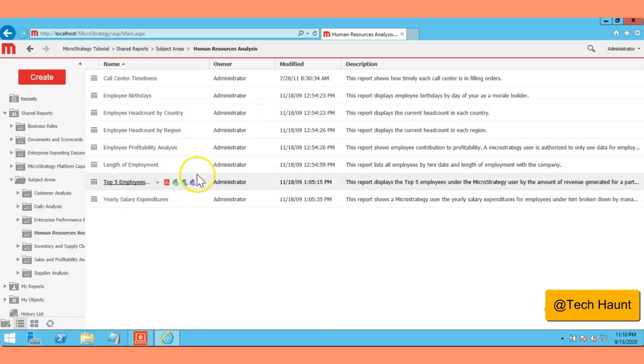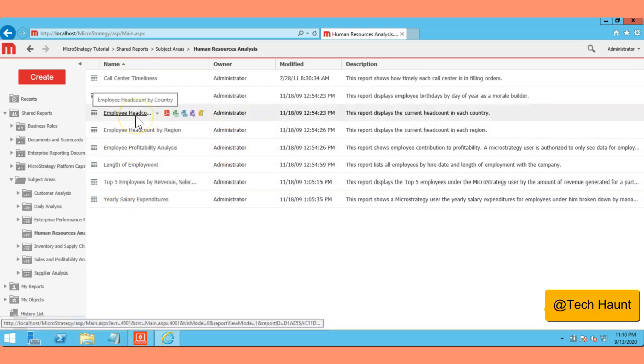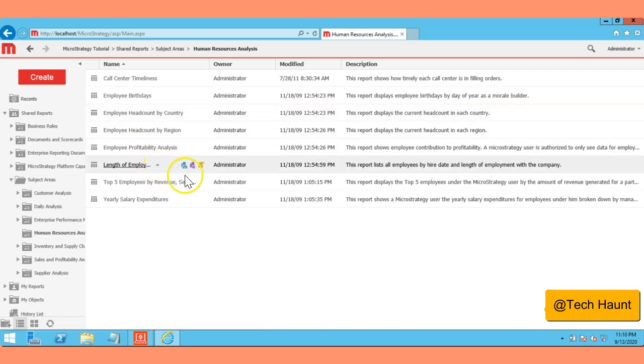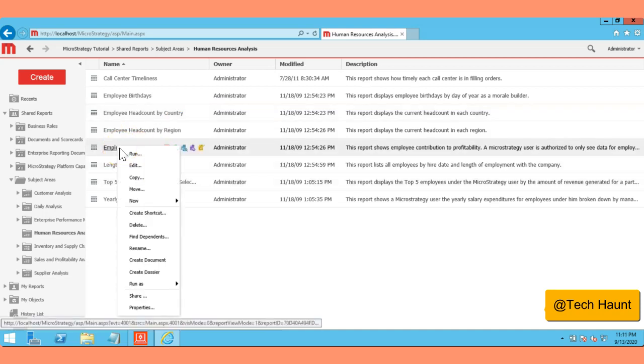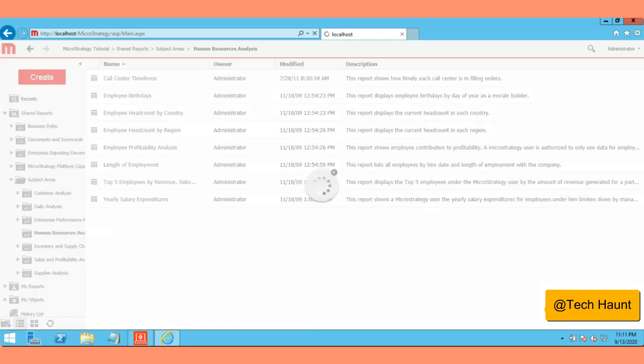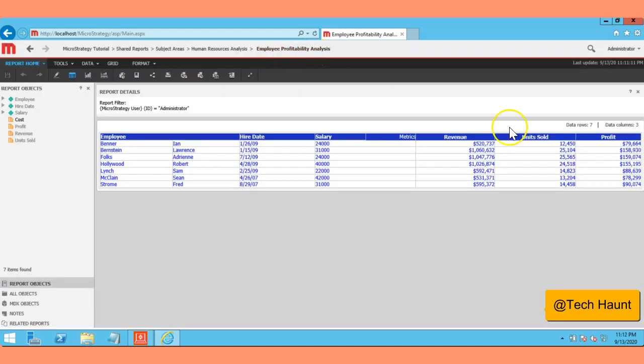I'm just going to execute the employee profitability analysis here, the employee profitability, and I'm just going to run. I executed this report and you can see the output. Don't worry about this output, how it's coming or which data set is being used, because our whole purpose is to restrict the subscription.